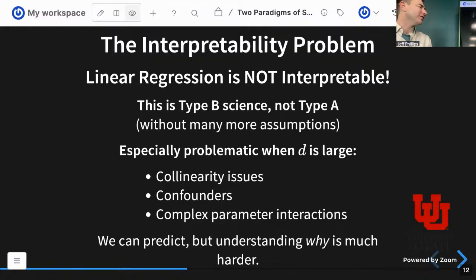But it's harder to understand why it's doing well. I can't understand the mechanism from just looking at linear regression. The actual thing causing the mechanistic property, let's think of why does so